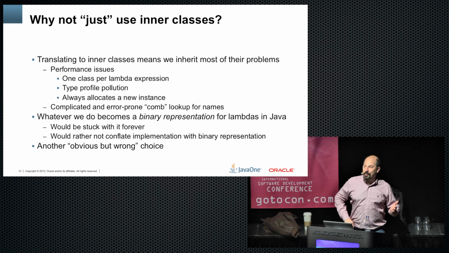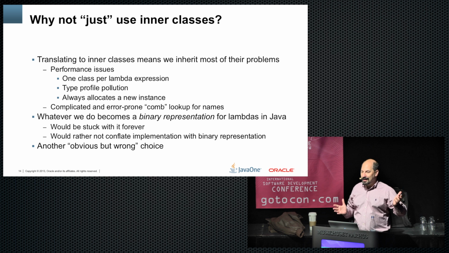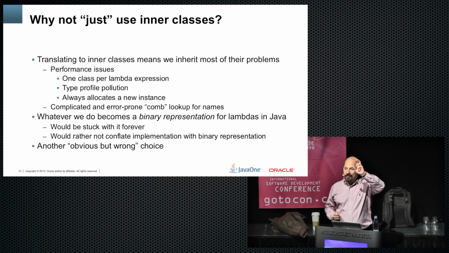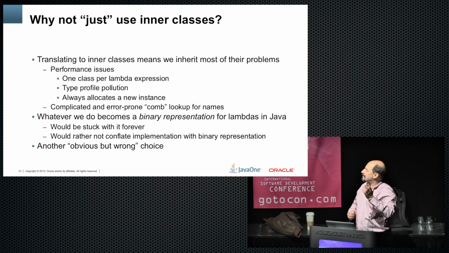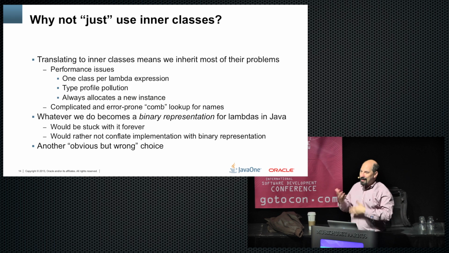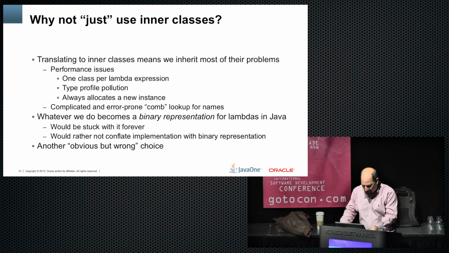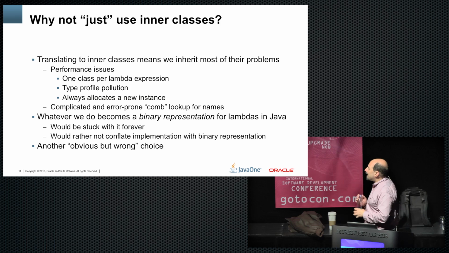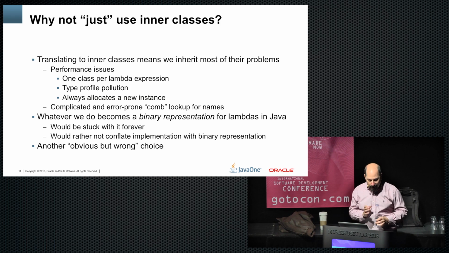And sometimes we do this by hand in our code, right? If you have a comparator that's not capturing anything, you move it to the top of your class. You say, private static final Comparator C equals, and you do it once, and then you just pass that. But that's mangling up your code for performance reasons. We'd like to not put people in that situation. And also the rules about name lookup in inner classes are really nasty, and we wanted to avoid exposing people